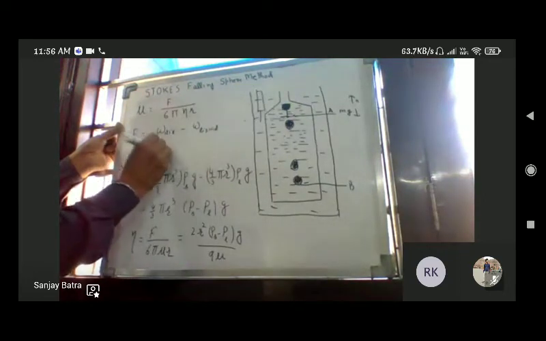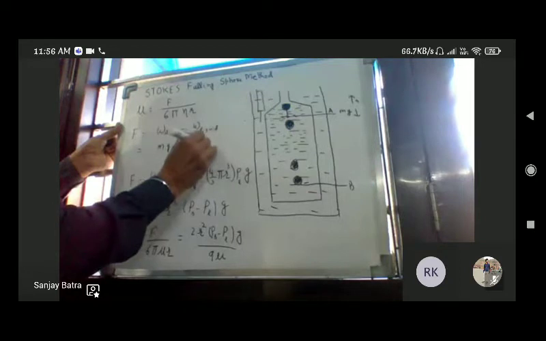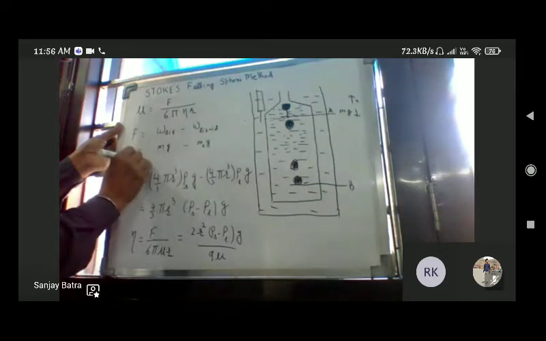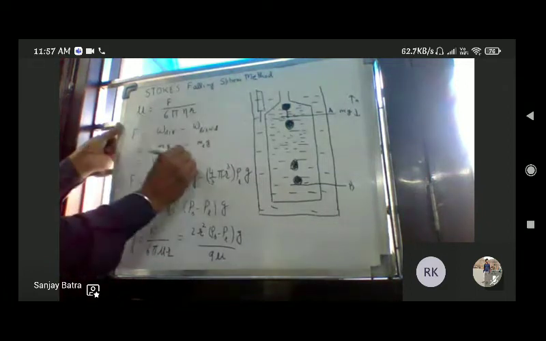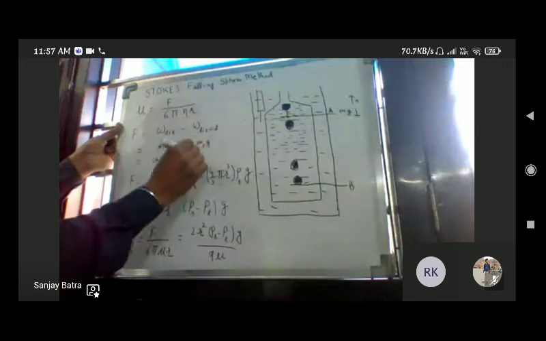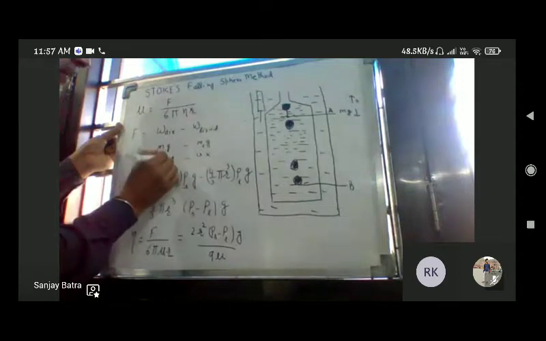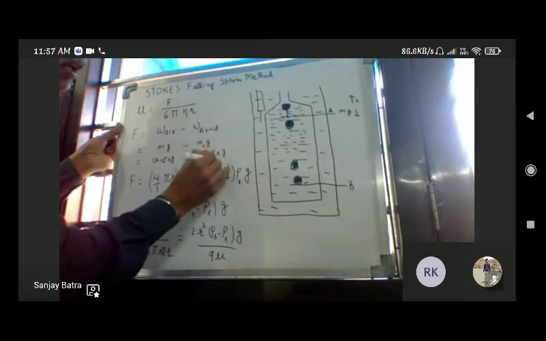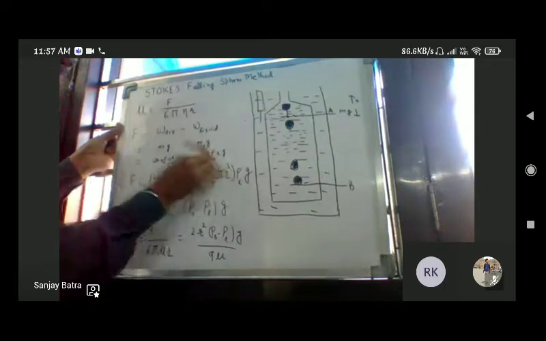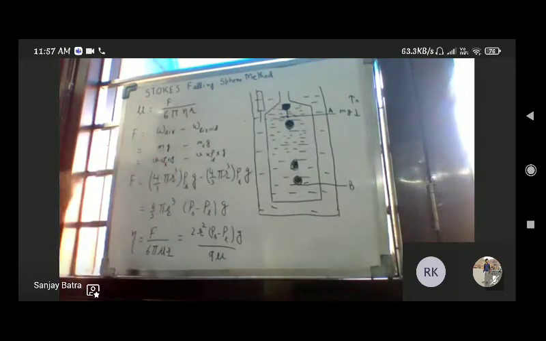And this can be written as m into g. This is also m into g. Mass in liquid, mass in air. And this mass is further volume into density into g. Here again it is volume. Volume will remain the same, the volume of the sphere. Density in liquid would be different. Density ka symbol rho lete hain yahan pe. And this is again rho into g. This is rho in liquid, and this is rho in normal solid, the density of the solid. Kya ye samajh pa rahe ho aap ye teen relations jo maine likhe hain?